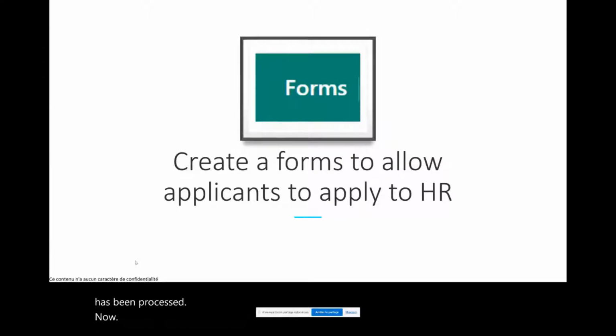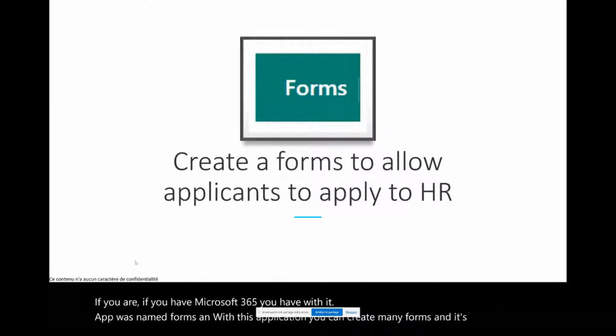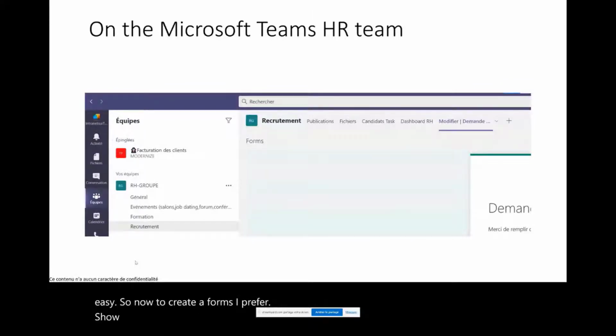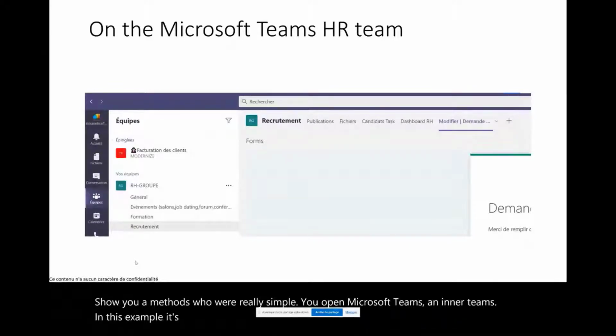If you have Microsoft 365, you have an app with it named Forms, and with this application you can create many forms, and it's really easy. To create a form, I prefer to show you a really simple method. You open Microsoft Teams, and in this example it's the HR team.